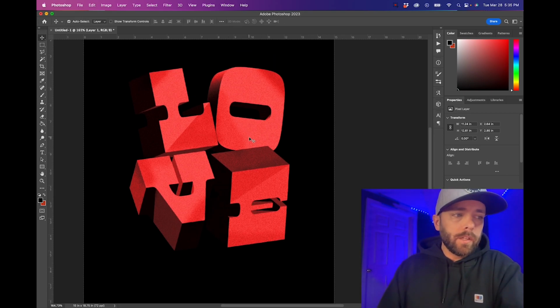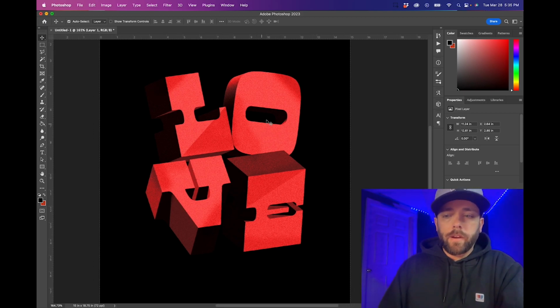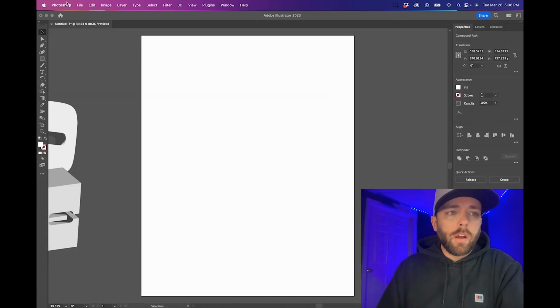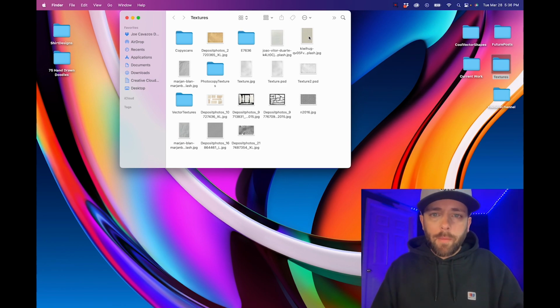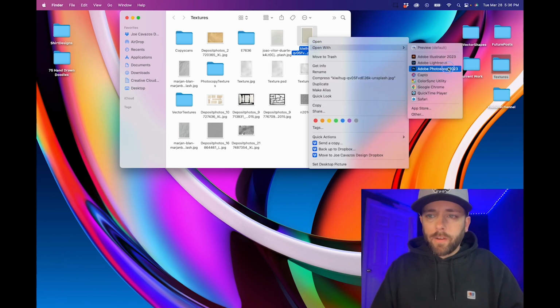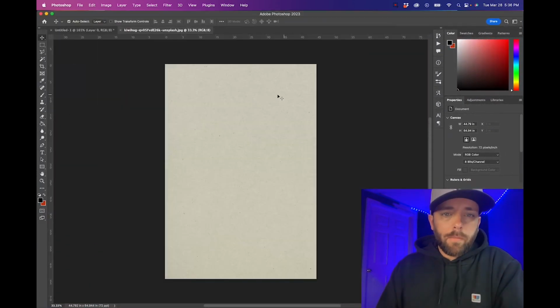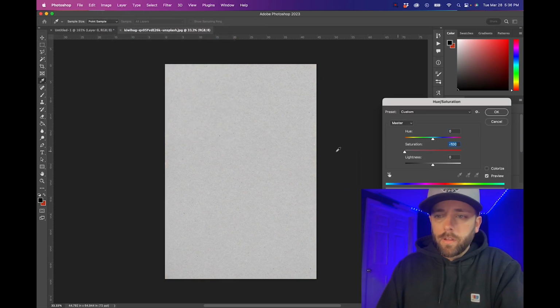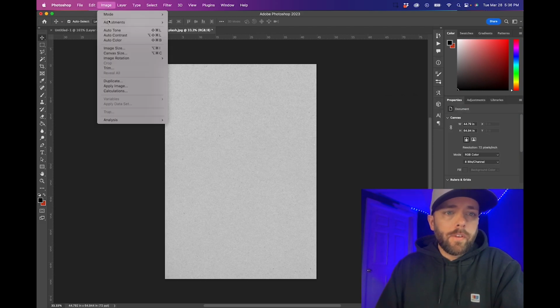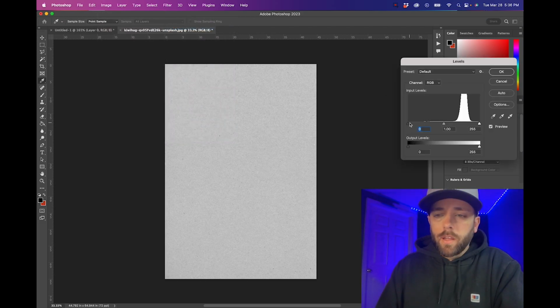Yeah, so that looks good. I'm happy with that. Now let's add a little bit of texture. I have textures that I get from unsplash.com. They're free. This is like a little paper texture I use. So open Photoshop, and then we're gonna take this texture, we're gonna go image, adjustment, black and white, saturation. So bring the saturation all the way down, hit image, adjustment, levels,